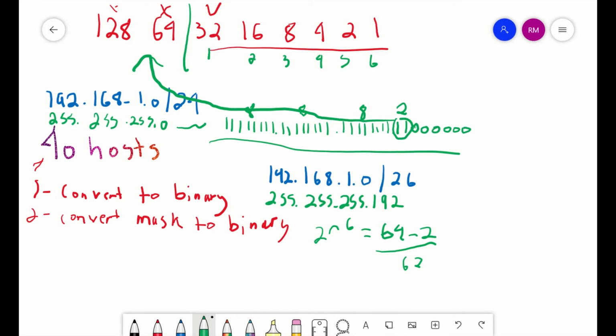So again, we look at this new subnet mask converted to binary. We look at the 4th octet, since it's a class C. We see these 2 right here. Again, go back up to our chart, and we see 1, 1. So we look at the 64, so our increment is 64. So that means